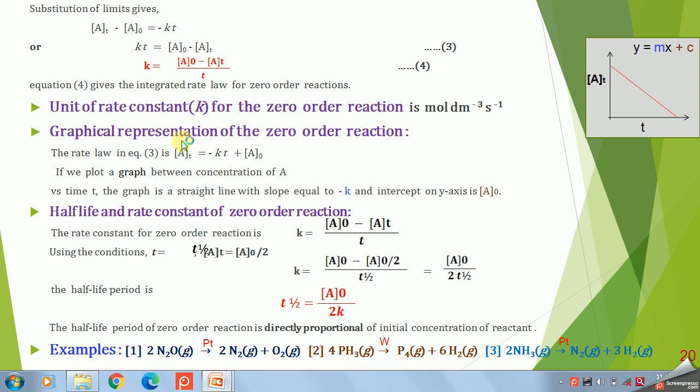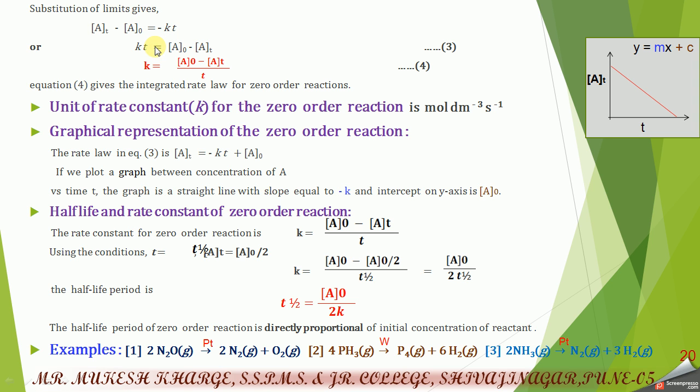Then the graphical representation of zero order reaction. If you observe equation number 3, you can write it in another form, transferring At to the left hand side and kt to the right hand side. What is your equation? At is equal to minus kt plus A0. Again, this equation is in the format of y is equal to mx plus c. So y is nothing but At, and that value is placed on the y axis. x is nothing but t, which is placed on the x axis. So if you plot a graph of At